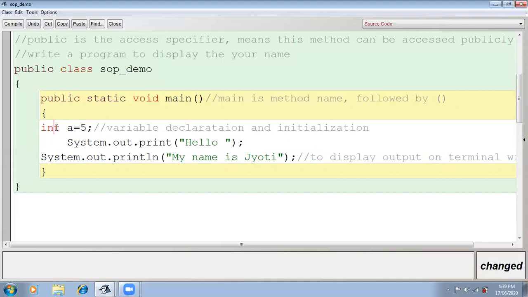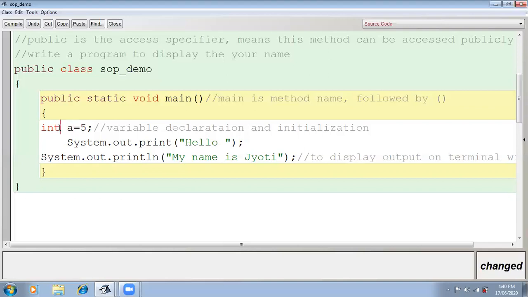If I'm taking any dish, any plate, it means some solid type of thing I can put in the dish, in the plate. Understood? Same here, if I'm declaring it as int, it means it is the type of the data which will be held by the variable. So this variable is going to hold which type of data? Int type of data.